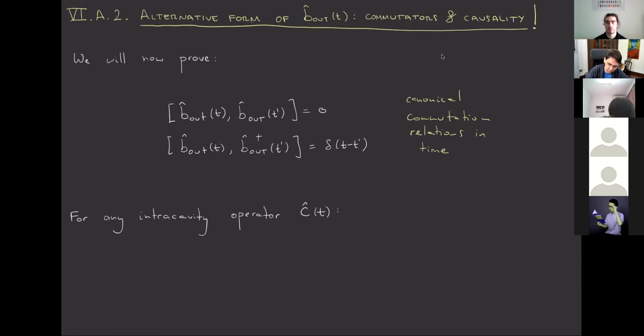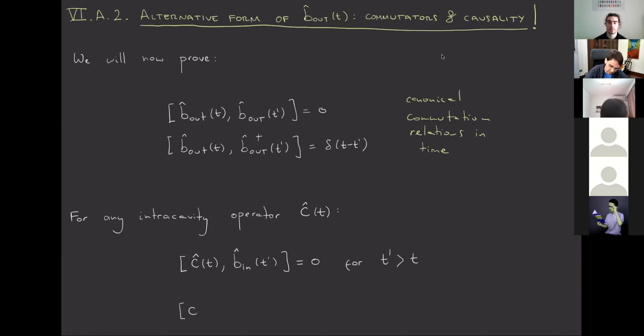We are going to prove that the commutator between this cavity operator and the input field at time t prime is equal to 0 if t prime is larger than t. So if the input operator is in the future of C,